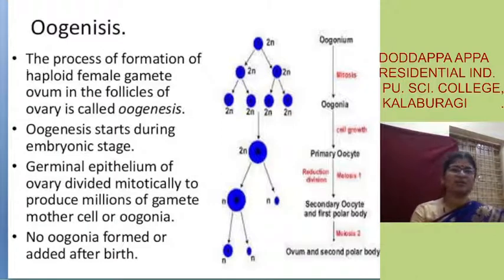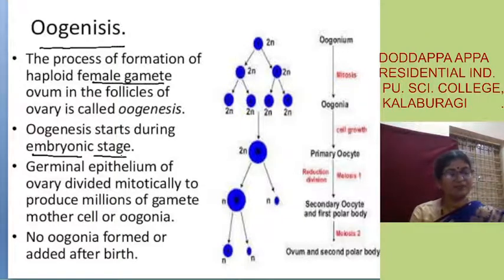Now next you are going to read about oogenesis. So what is oogenesis? It is the formation and maturation of the female gamete. So this sentence only you have learned. So formation and maturation of the female gamete in the gonad is called oogenesis, where actually the gamete is forming. It is forming in the Graafian follicle. Fine. Oogenesis begins right from the embryonic stage, whereas spermatogenesis will begin after puberty.